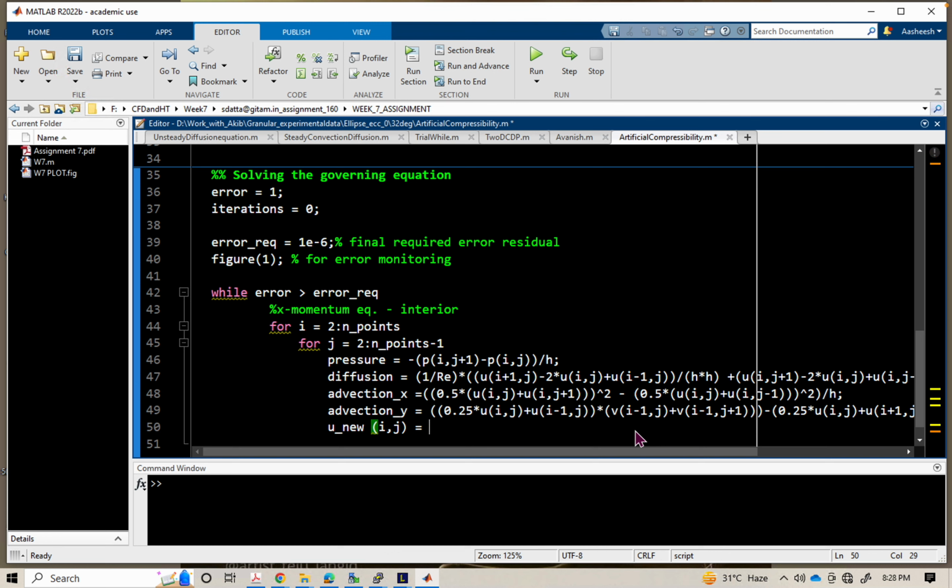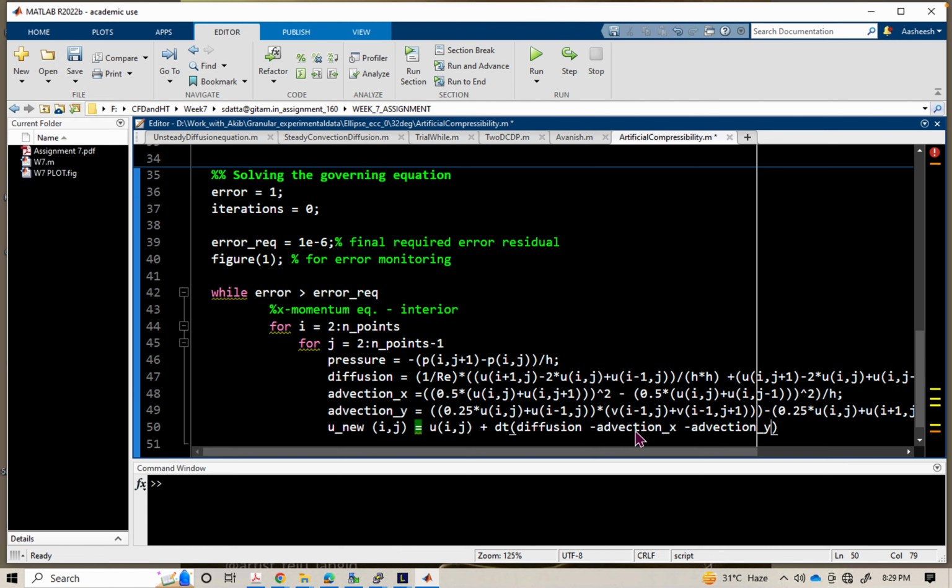For u n u i j is equal to u at i comma j plus that diffusion. So this is the u discretization divided by delta t, u at next point plus u previous point divided by delta t. So this delta t is coming here as I explained in the lecture. And I am writing diffusion term, diffusion minus advection. So this advection will go to next side, advection in next direction, minus advection similarly in y,